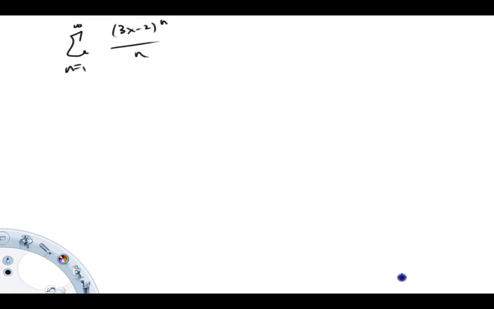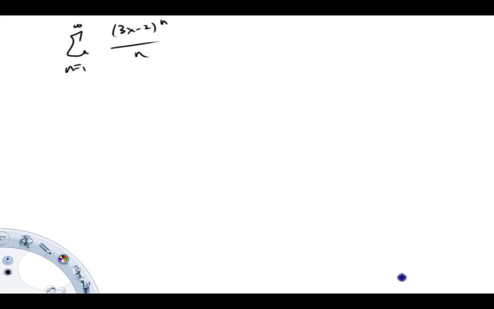The purpose of this video is to demonstrate how to find the interval of convergence for a power series. So what we're looking at here is the sum from n equals 1 to infinity of (3x minus 2) over n, the 3x minus 2 being raised to the nth power. What we're going to do here is apply the ratio test to this